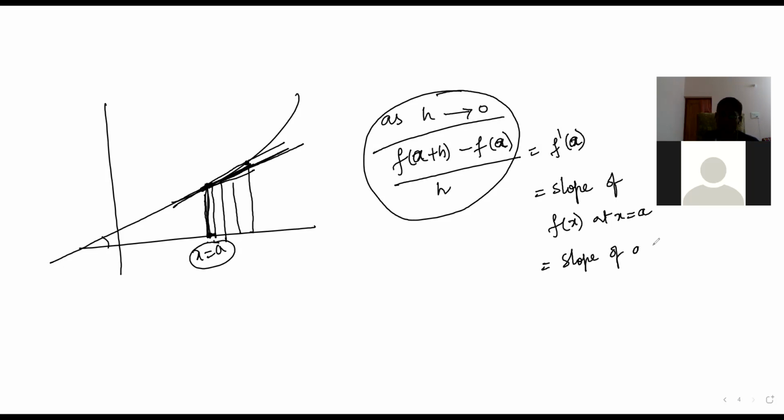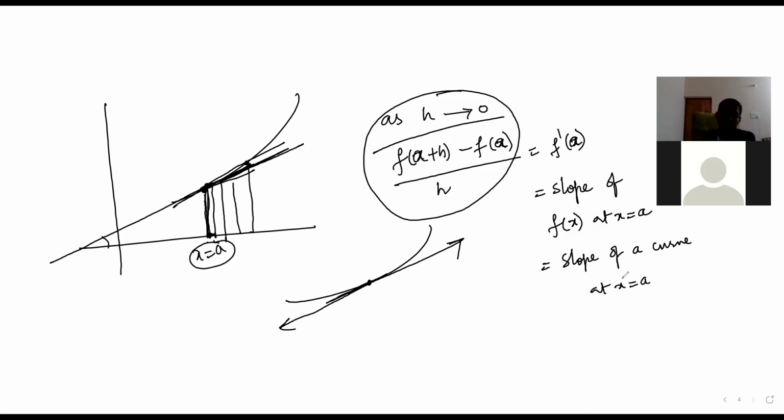Though it's very close, can we say it's just x equal to a? Yes. When it is very close, it is almost one point only. It's going to be a point. Now this curve is there, and point A is there. At this point, what is the slope? So finally, it boils down to the slope of the curve at a point, the slope of f of x at x equal to a.